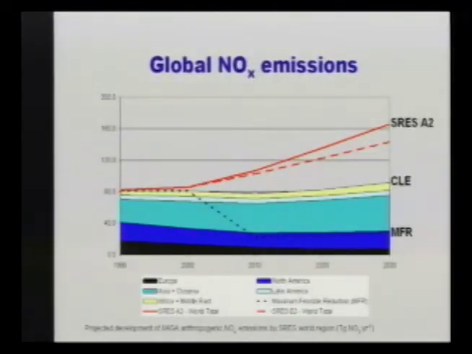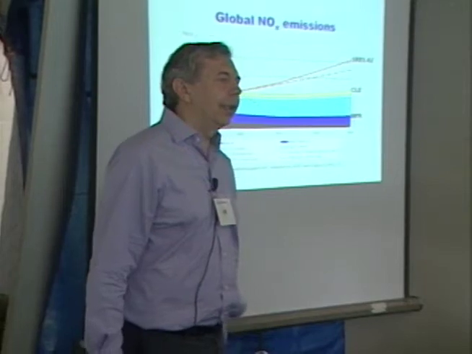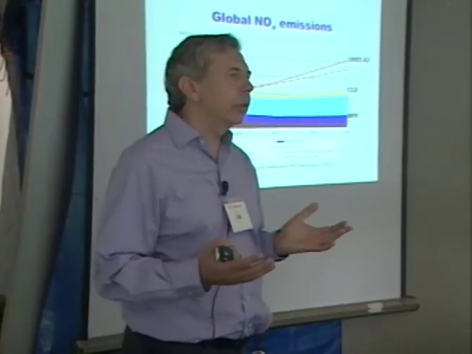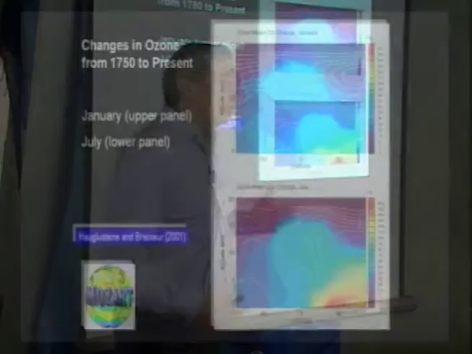Now, as we look into the future, yes, sorry. Question: if there was a lot more biomass burning in North America in pre-industrial times, which direction would that take the ozone? Well, biomass burning should produce ozone. So if you have less, it should decrease, which is an interesting hypothesis, and I don't think it has been well treated.